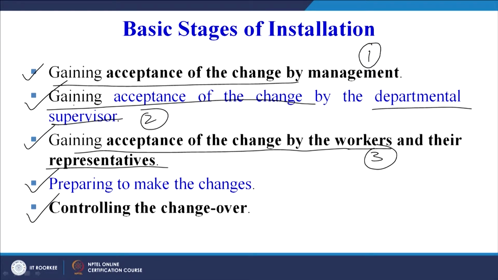So as I have already told, if we take all stakeholders on board, we bring into account all the stakeholders in terms of the management, the supervisory staff, the workers, their representatives, the trade unions, and we try to impress upon them that this is going to be beneficial for them as well, as overall productivity is going to increase, and if the overall productivity leads to profits, the profits will be shared with the workers.